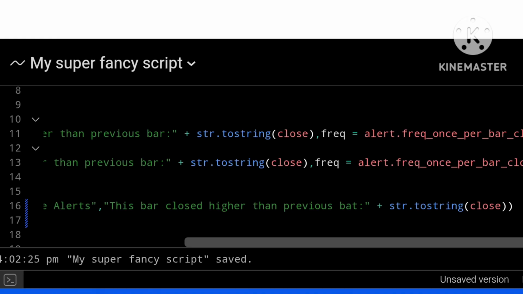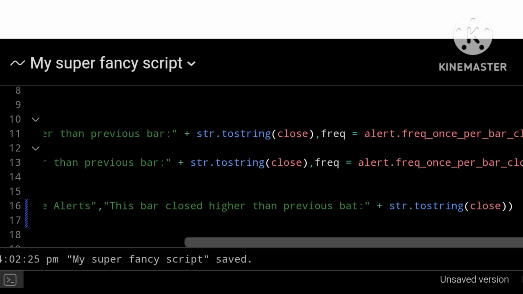The first important one is that we cannot just add on our closing price as a string here, the same way we can with this alert function. If I save this script now, we will get an error. Cannot call alert condition with argument message equals and then our series string. A series string just means a string that can change based on certain conditions. So the closing price can obviously change at any time.